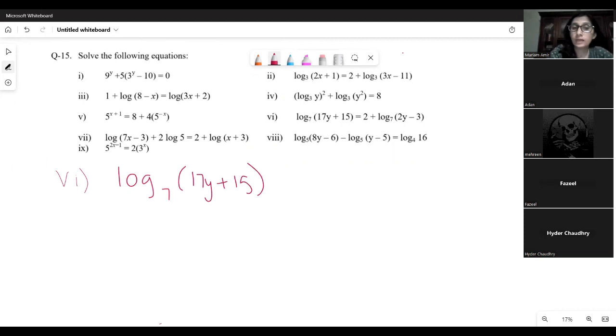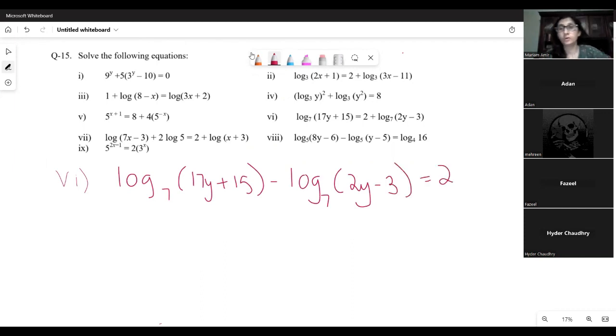I'm going to bring the other log base 7 term to the same side with a negative sign, equals 2. I'm going to merge these two log terms into a single log term using the log property: log a minus log b is log a divided by b. So the first one goes in the numerator, the second one goes in the denominator,